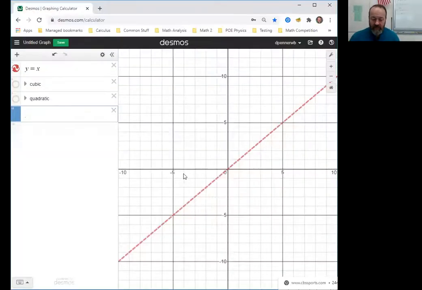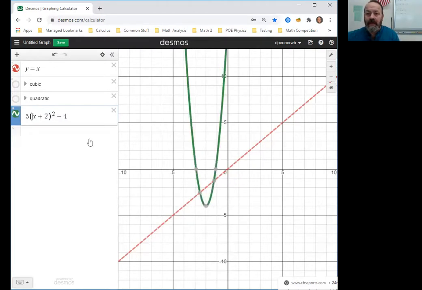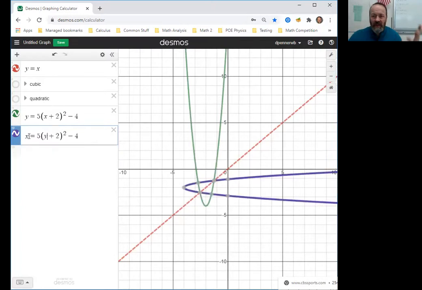So I'm going to open up my quadratic right here, and I have it saved, but I do want to look at something first. The problem that I have is in line 1, if I do my original problem, and I go 5x plus 2 quantity squared minus 4 is y. So notice we have a simple little story. But if I go ahead and do what we talked about in that first line, which is swapping x and y, this should just illuminate a problem that we have that you may or may not have remembered,